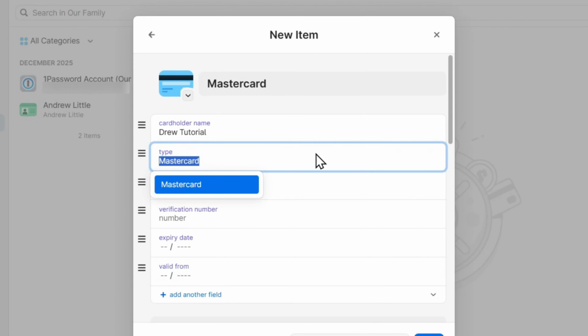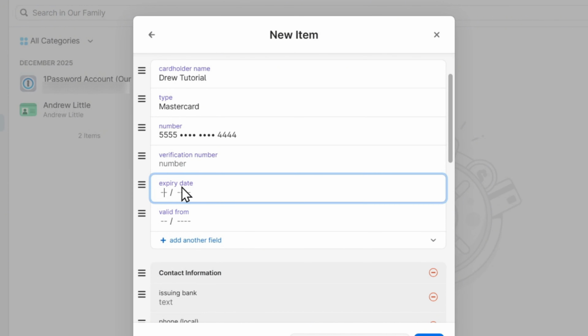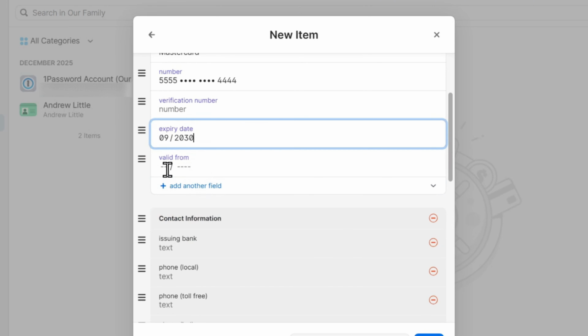And so we are going to select the MasterCard, then the card number we enter here. This is the card number itself. Ensure that there's no spacing or something like that. And the verification number, security, the expiration date. So we're going to add the expiration date. We're going to say, for example, 09, and it's going to expire 2030, for example, and valid from, we're going to say the same thing, 09, valid from